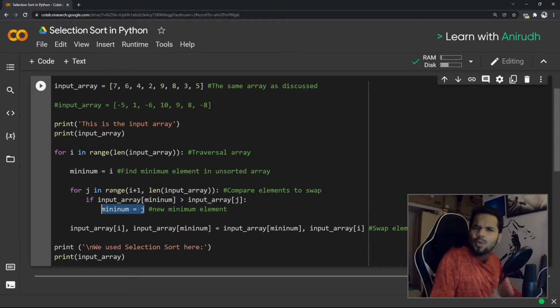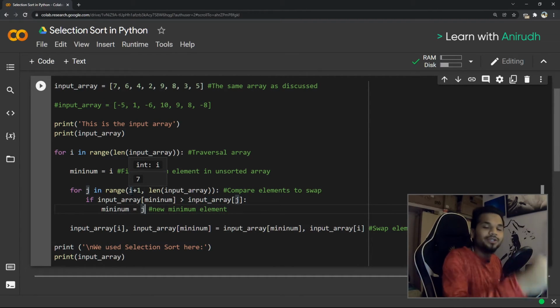Now, ladies and gentlemen, it's very easy to forget this line. Make sure that you're not forgetting this. If your minimum element is greater than the element that you're comparing, it means that it is no longer the minimum. So just swap these two positions of minimum and j. Because at this moment of time, you're just swapping those two places. Once you swap in those two places, what should you do? You have to add it back to the sorted array, correct?